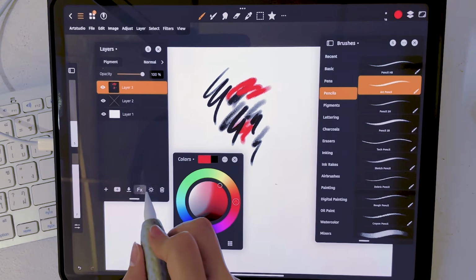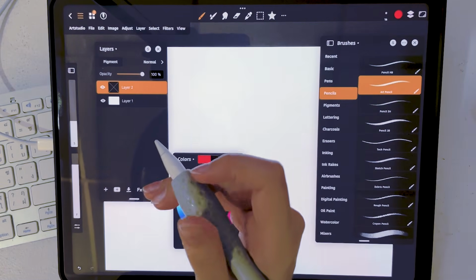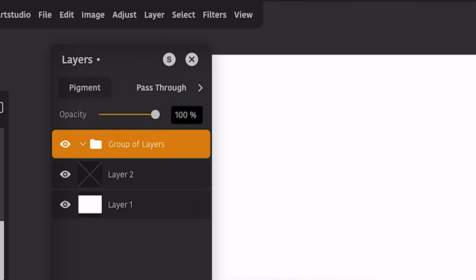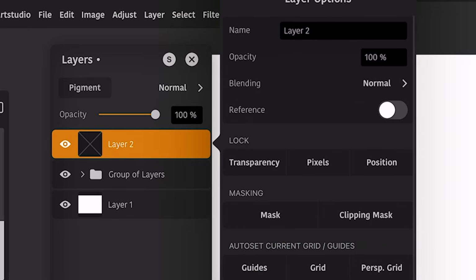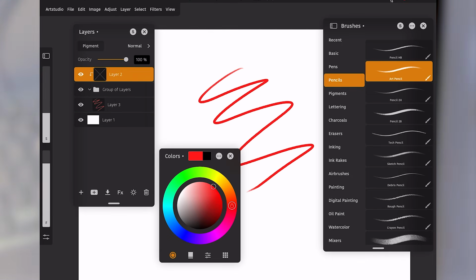Yeah, you have adjustment layers. Oh, the big problem people had was clipping masks with folders. So it's a group. Can this clip? Yep, you can clip onto a group. Yeah, some people would really like this.